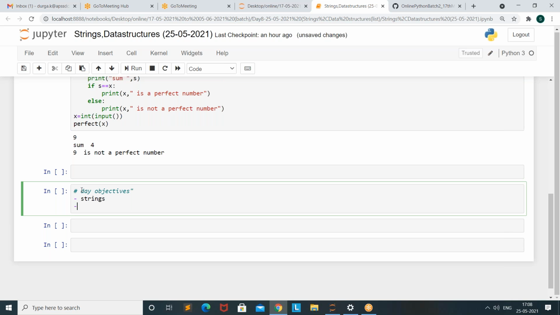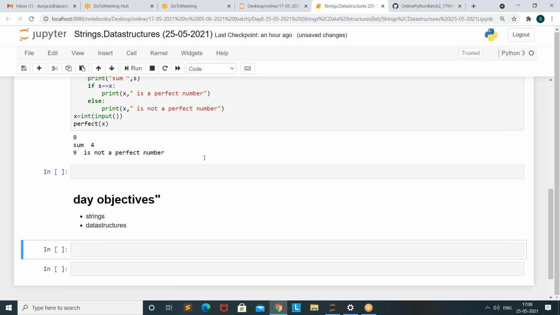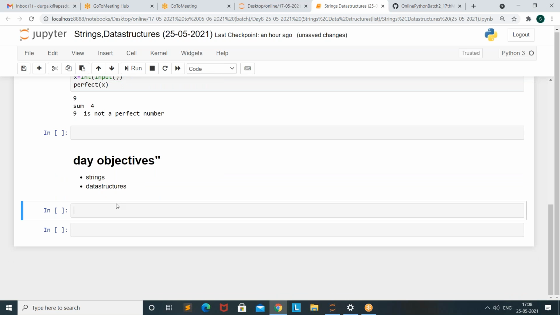Then we will discuss data structures also. So first we will discuss strings.